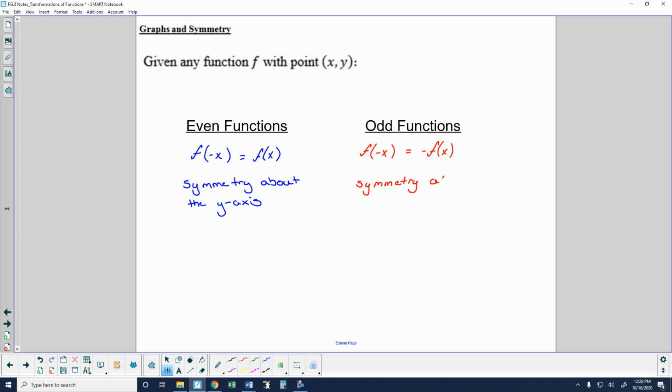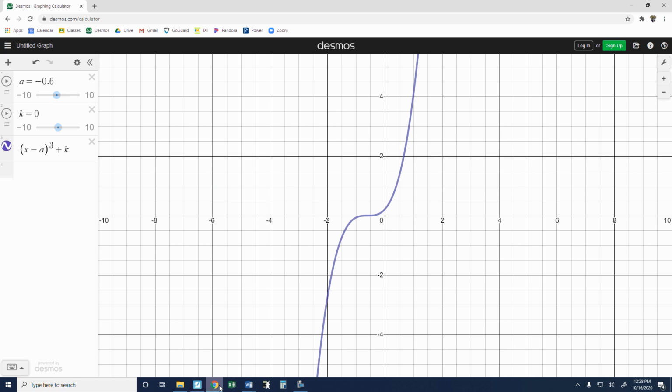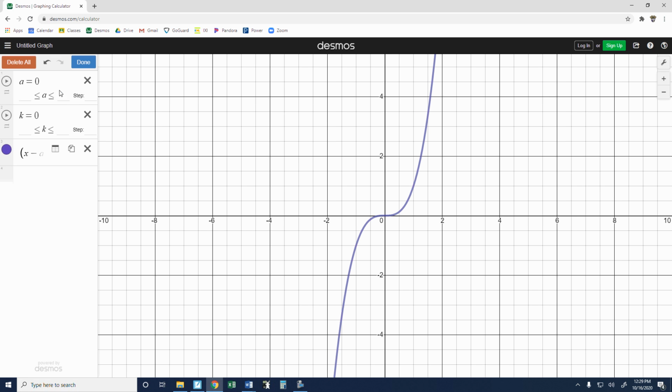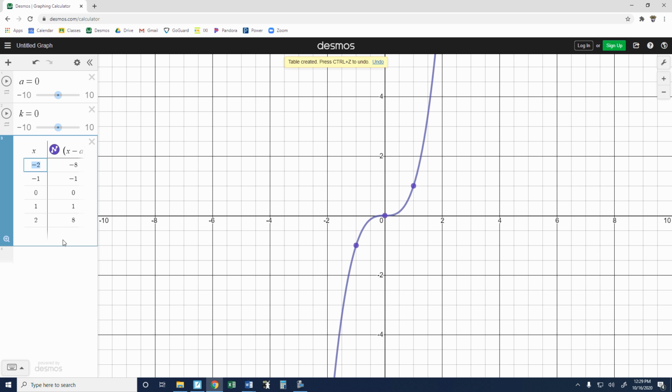And really this symmetry is a rotation. It's a rotation 180 degrees around the origin to create symmetry where the function would map onto itself. So we can see that in this example. Let me readjust my sliders here. There we go. So now if I pull up a table, opposite x values should have opposite y